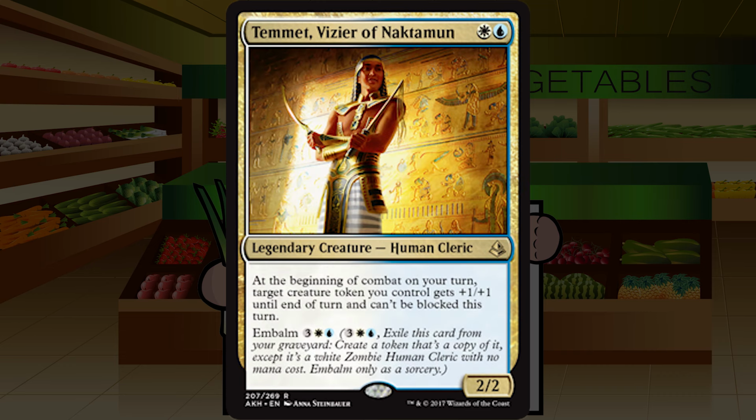Temmet, Vizier of Nactaman, is white-blue for a legendary creature human cleric at rare. He's a 2/2. At the beginning of combat on your turn, target creature token you control gets +1/+1 until end of turn and can't be blocked this turn. Embalm for 3 white-blue. Temmet looks pretty darn good as well in the blue-white Embalm deck for sure. He's a 2/2 for 2, which is great right there. The worst part about him is that he is just a bear